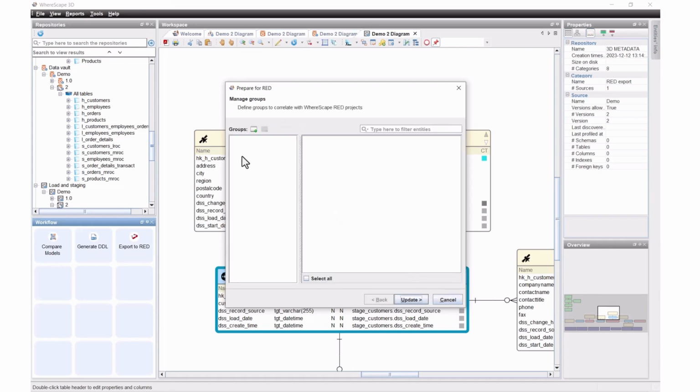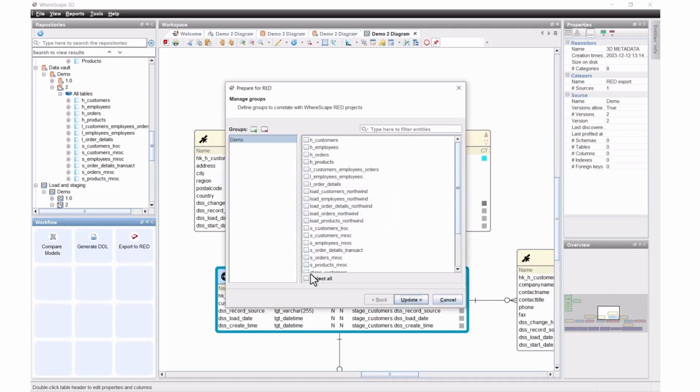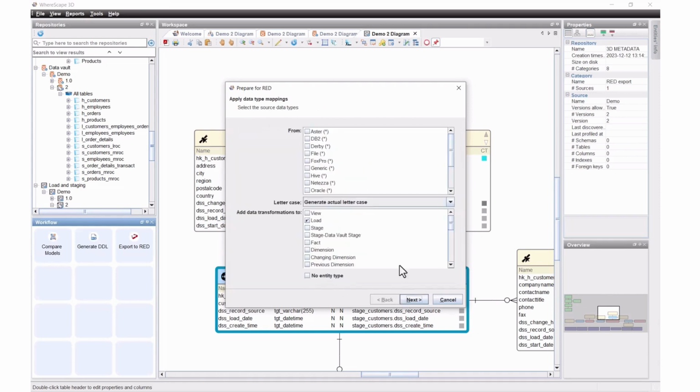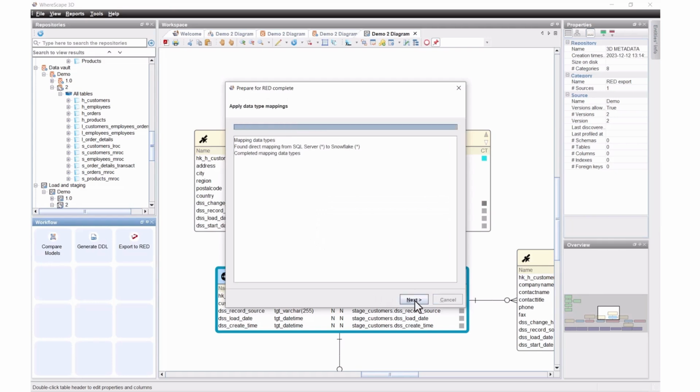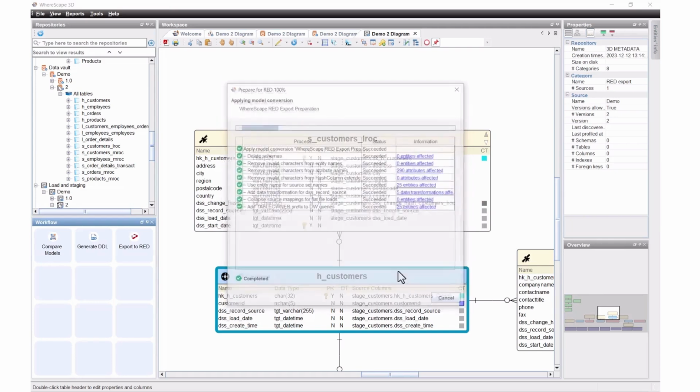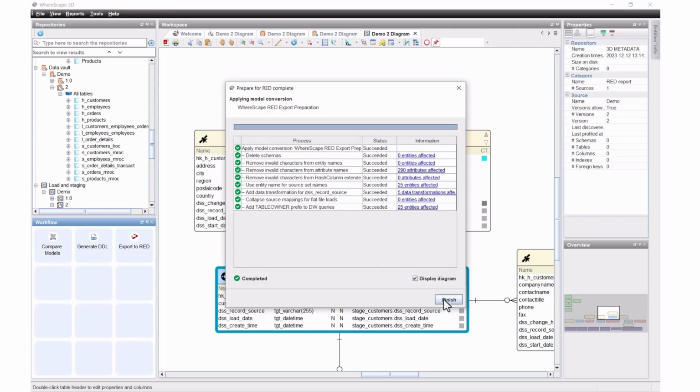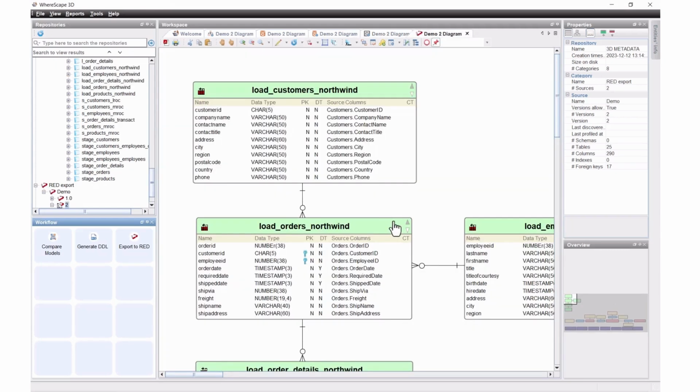I need to create a group, which is essentially the name of a project. I need to identify what objects are in here. So I may have a very, very large schema where maybe there's only a couple of objects I've changed, maybe there's only a couple of objects I want to deploy to my physical data warehouse. But in this case, this is all new, so I'll select all. And it needs to know what sources we're using. In this case, we're going to have a single source, SQL Server. And more rules to follow. It's essentially creating a large XML file that we're going to use to move into our builder tool, and that's where all the fun happens.